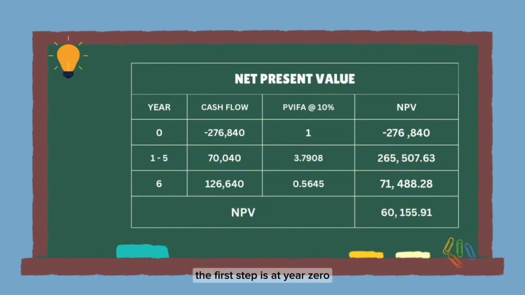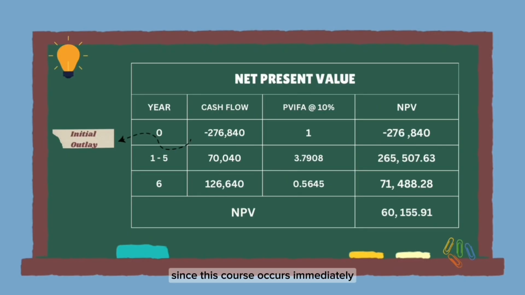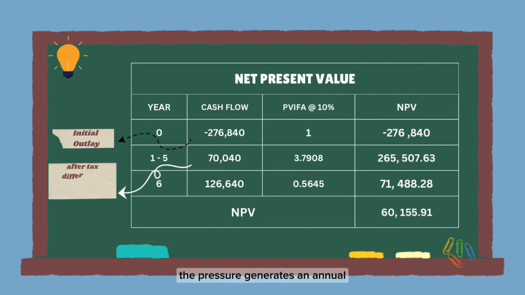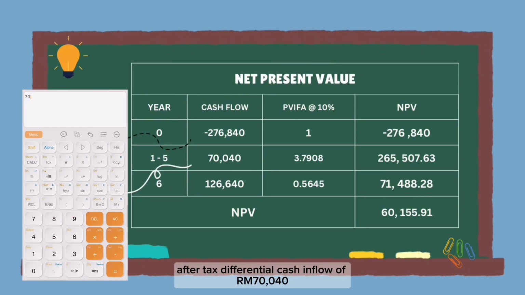The first step is, at year 0, the project requires an initial investment of 276,840. Since this cost occurs immediately, no discounting is needed and the present value will remain the same. The next step, at years 1 to 5, the project generates an annual after-tax differential cash inflow of 70,040. These cash inflows are discounted using PVIFA at 10%, which is 3.7908, and gives a present value of